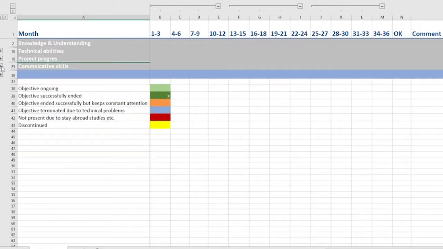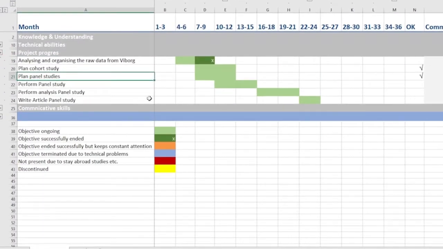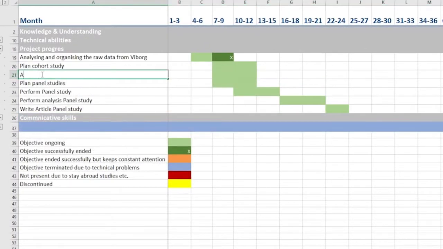The third category is project progress. Here we find objectives like analyzing and organizing raw data, planning a cohort study, planning a panel study, etc. In this case, the planning of the cohort study was scheduled to be completed by the end of the first year. But planning a cohort study entails lots of minor tasks, and you may realize that you need more time and a better overview. So you add a bunch of new objectives to the list, like applying for ethical approval,